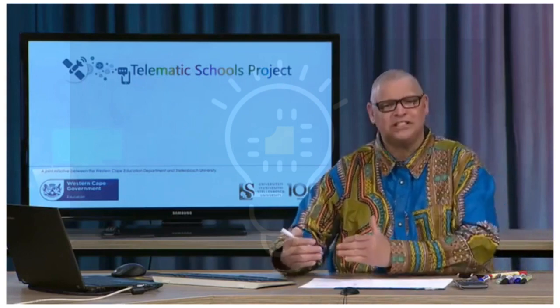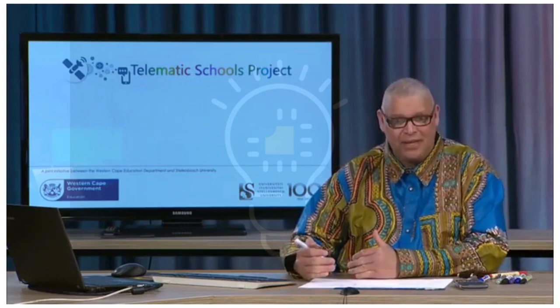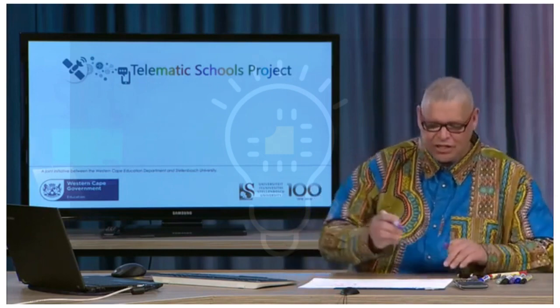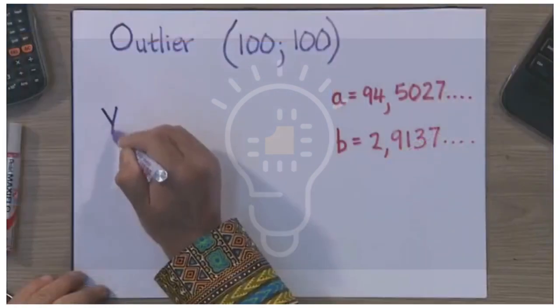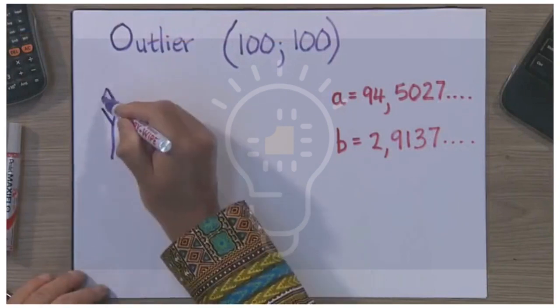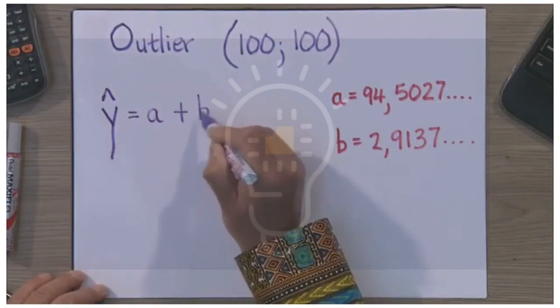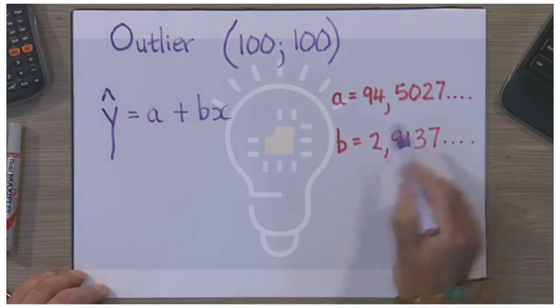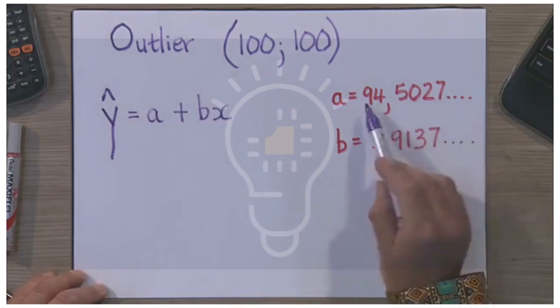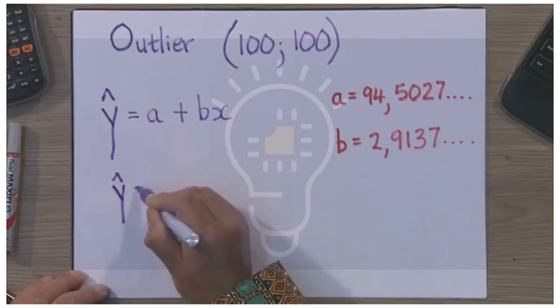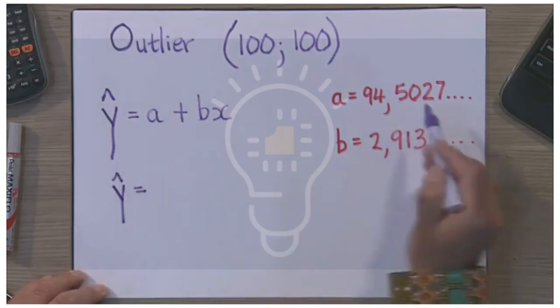Grade 12s, once I've got my A and my B, I can write down my equation of least squares regression line. And the equation is none other than y hat, you may remember that, is equal to A plus BX. And now let me substitute. What I'm going to do is round off to 2 decimal places for each. So in other words, y hat is equal to,